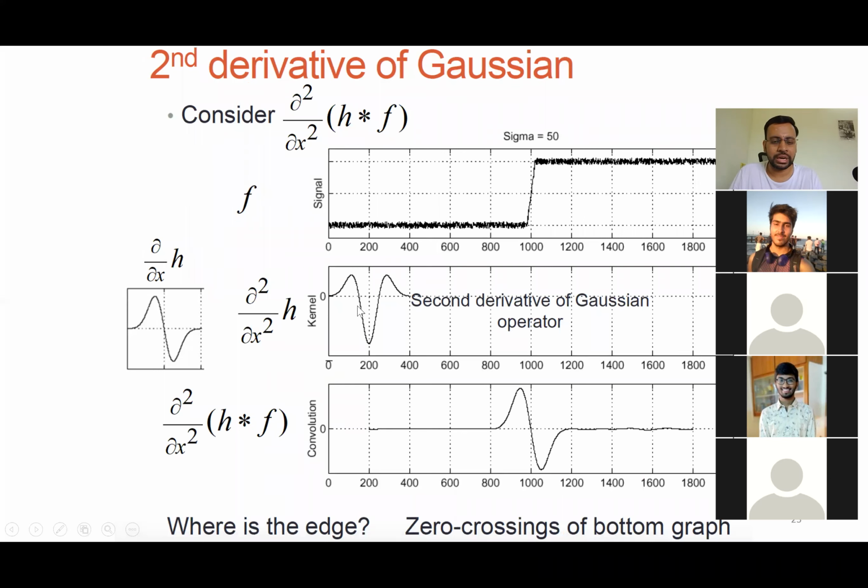So that's how it looks. And in 2D, that's the inverted Mexican hat, right? If you look at what is going to happen around an edge here, you would observe a zero crossing there. So if you are using a first order derivative, you know this from your calculus also,